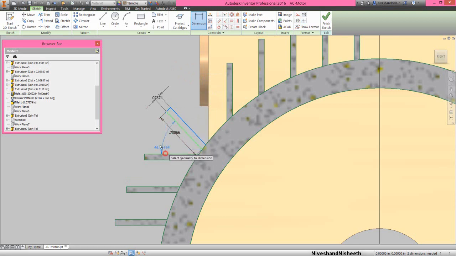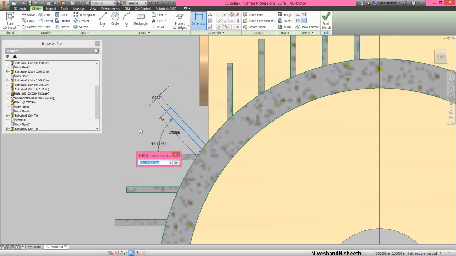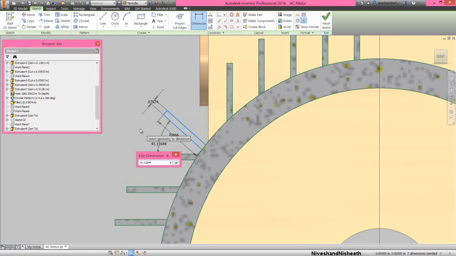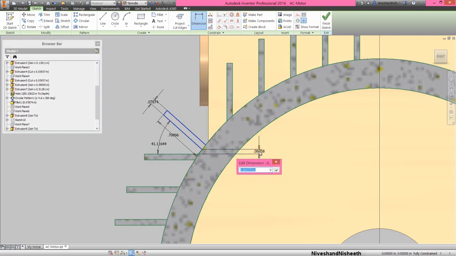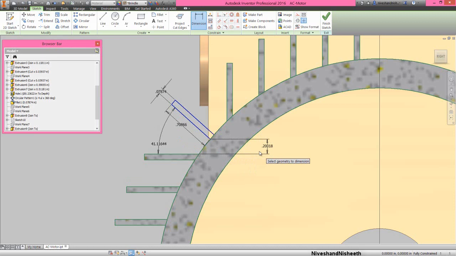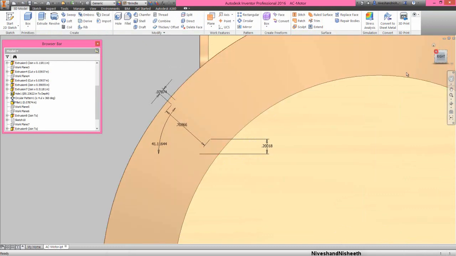Select this line and set the angle value 4.116 degrees. And apply another dimension 0.20018 inches. OK, that's it. Finish the sketch.